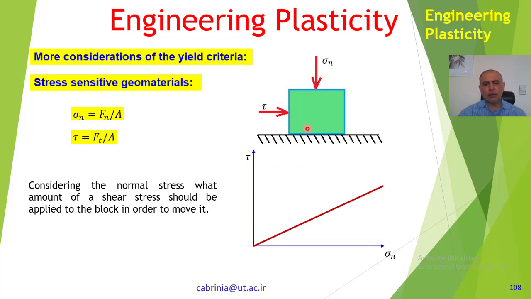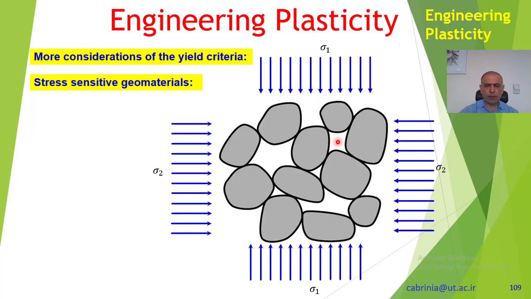So the more the friction, the steeper the slope of this line will be, and the lesser the friction, the smaller the slope of this line. Therefore,